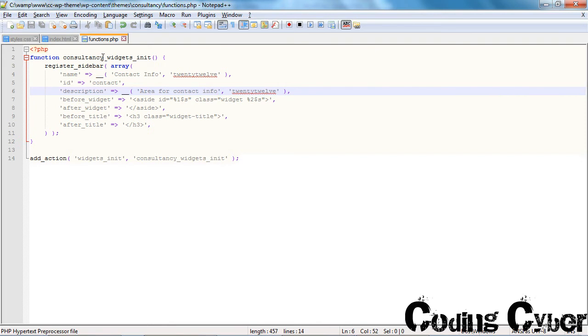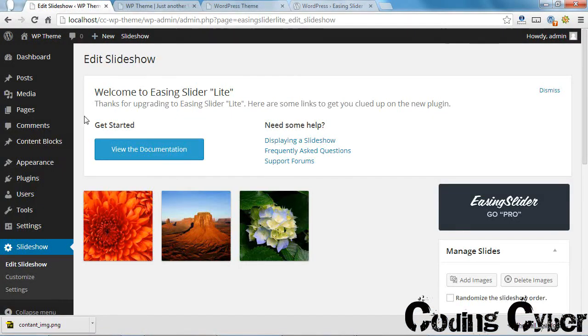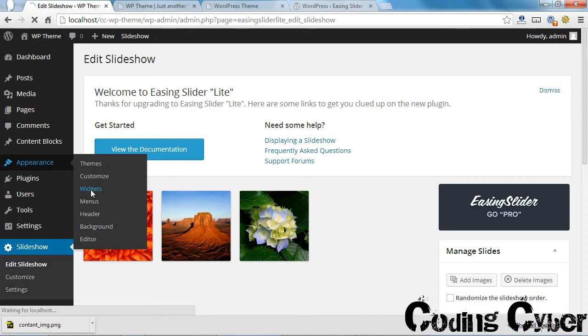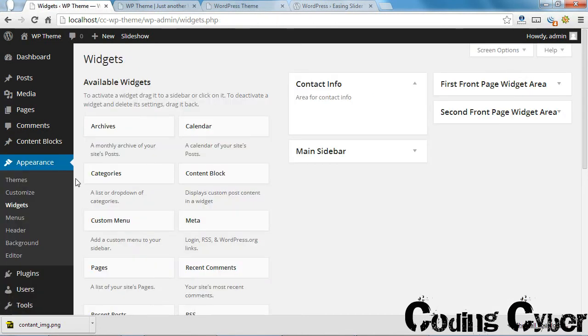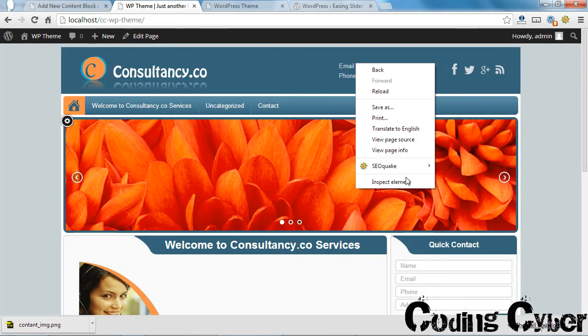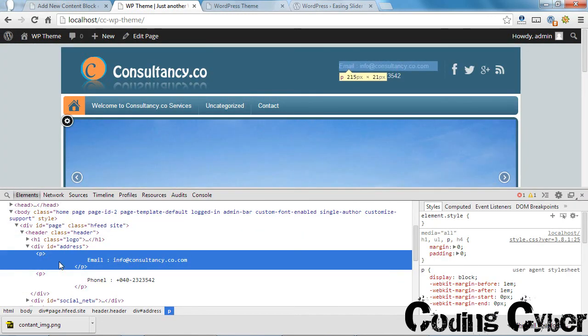You can change this one. Now if I refresh my widgets page, you can see I have this one. Contact info. Here I can create a content block with this contact info, email, and I can place it, call it here using